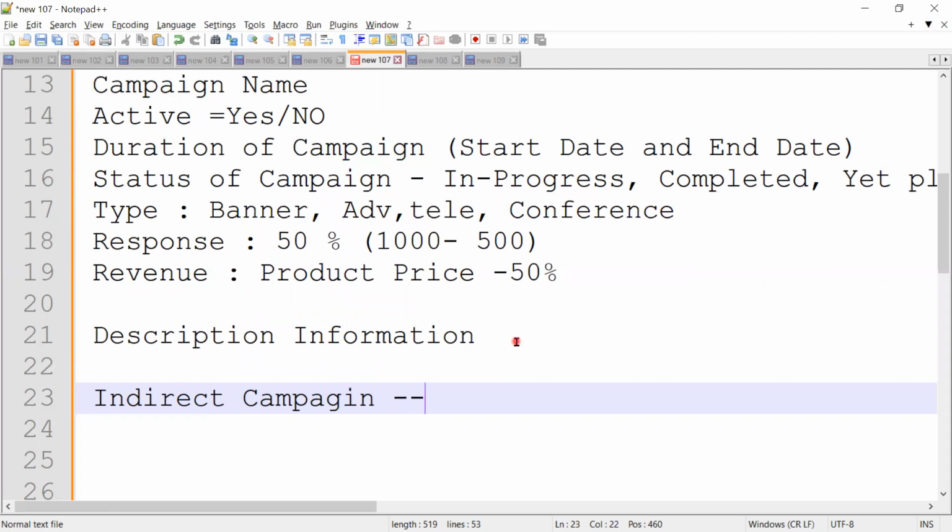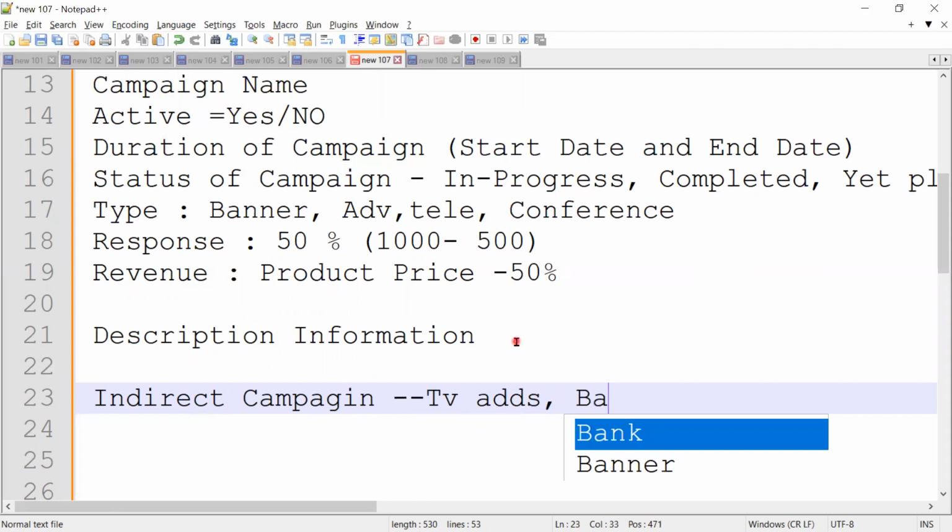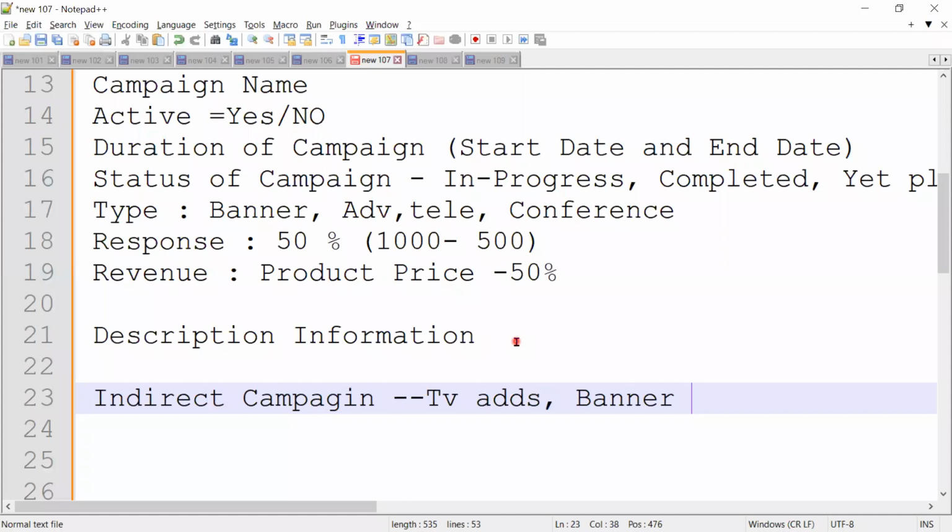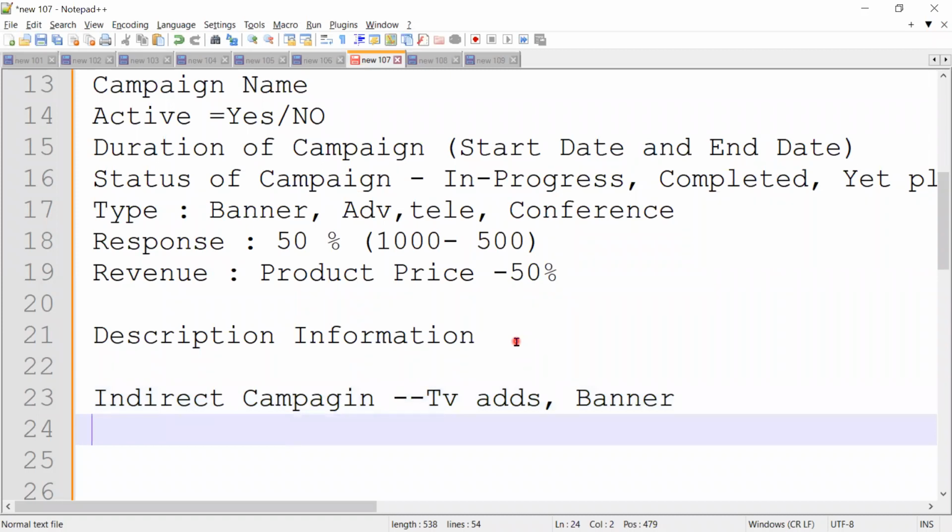TV ads. Newspaper ads. So here, a banner has to be put on the road, right? If I put a banner on the road, will I get a count of the customers, or will I get how many members have watched? I'll not get a count, right? So that means all the indirect, or I can say any non-electronic,